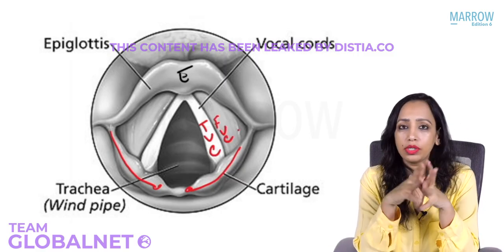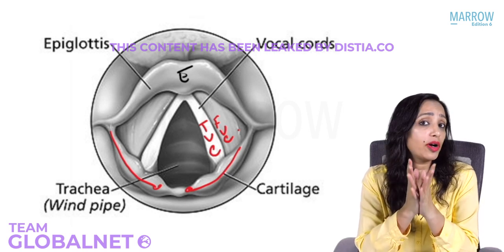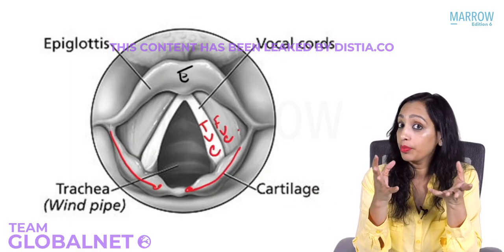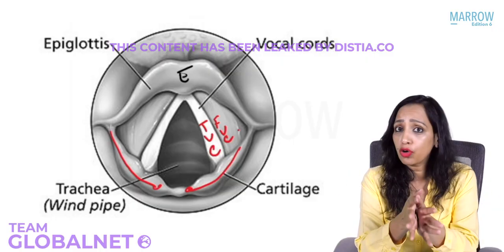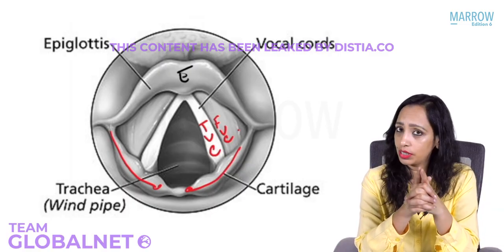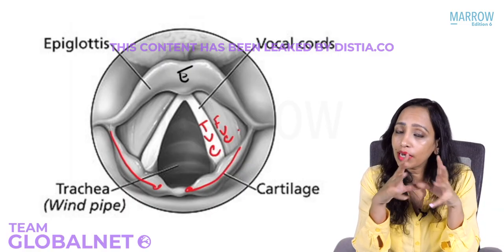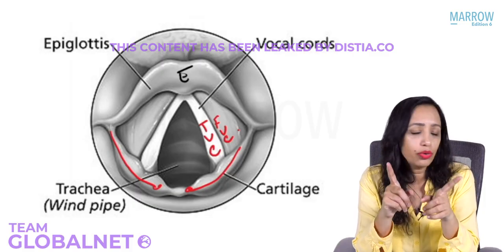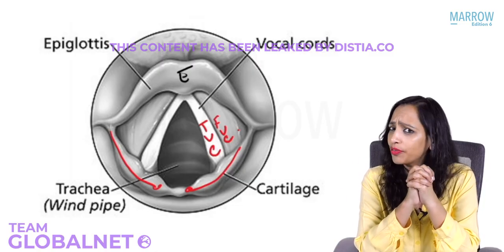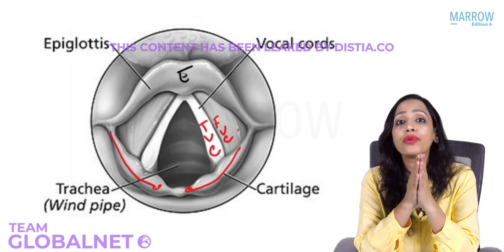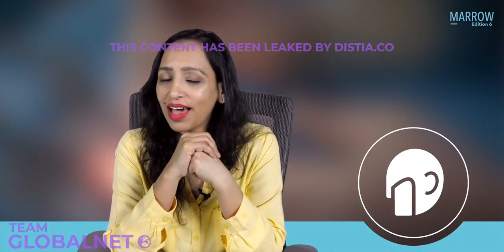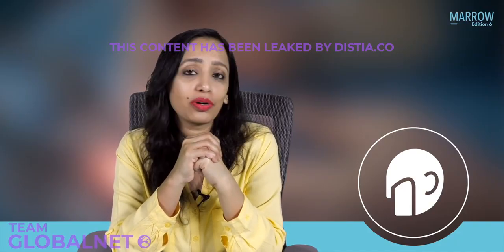So what you need to know when you see the picture of the larynx is, first you should be able to identify which part of the larynx you are viewing, whether it is supraglottis, glottis or subglottis, and exactly what part you are viewing, whether it is epiglottis, aryepiglottic fold, false vocal cord, true vocal cord, or subglottis. Then you should be able to identify the lesion that you are seeing, and for localizing it in the vocal cord, I told you how: just see where the anterior commissure is, and that is why these pictures look different now. Also, whichever procedure you will be doing, you know what you are expecting to find when you go for that procedure. So that completes the anatomy of the larynx, and I'm sure that you'll be able to answer each and every question on the anatomy of the larynx.